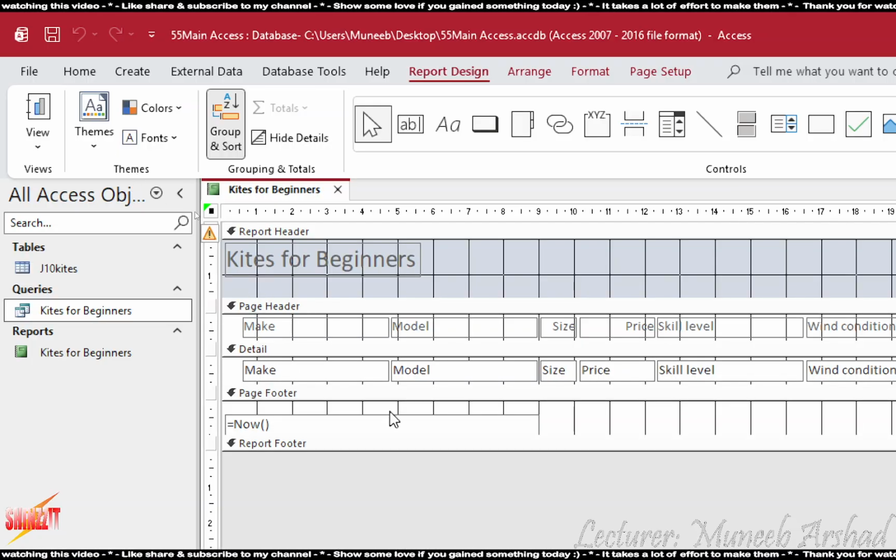Detail section. Detail section is considered to be the main part of your report. It's actually the body section where all the data goes in. तो ये आपका detail section है. Page footer. Every page, bottom of every page. Report footer. End of your report. So if your report has 5 pages in total, the report footer is going to exist on the last page at the bottom of your report, wherever your report is ending. Are we clear on these sections? Okay. You'll get to see what these boxes actually mean.